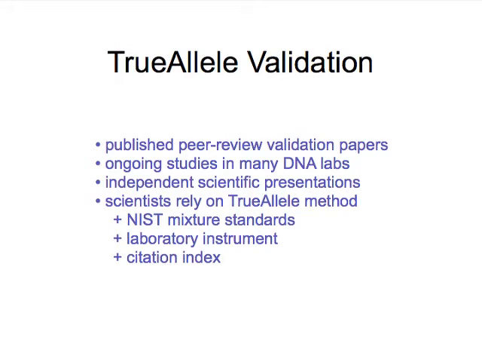NIST, the standards organization, creates tubes of DNA that have standard amounts of DNA in them, like a certain amount of 2 people, and they'll send them out to laboratories so they can determine how good their procedures are. When the standards organization makes their mixture standards, as they published last fall, of the 3 ways they establish what the DNA is and how much is there in the mixture, one of the 3 ways is TrueAllele. So if a standards organization is relying on a system to create a standard, that indicates somebody's relying on it